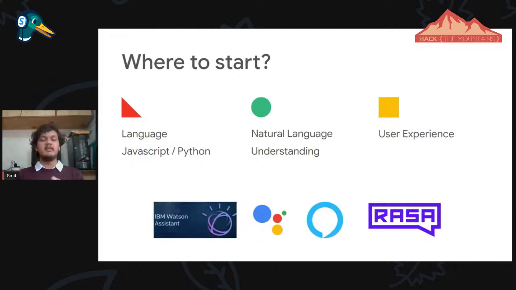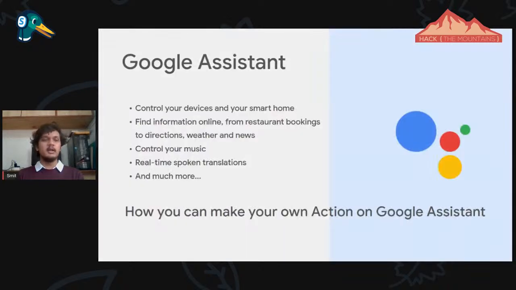So we see where you can start with building chatbots. In this session, we'll cover one chatbot in depth, and that's Google Assistant. I chose Google Assistant because it's quite user friendly. If you are a beginner with chatbots, you can build on Google Assistant in a few minutes. There are many templates available, so you can start with the bots. There are a few global invocations available. You can interact with the assistant, control your home devices, and do booking, directions, navigation, and translation.